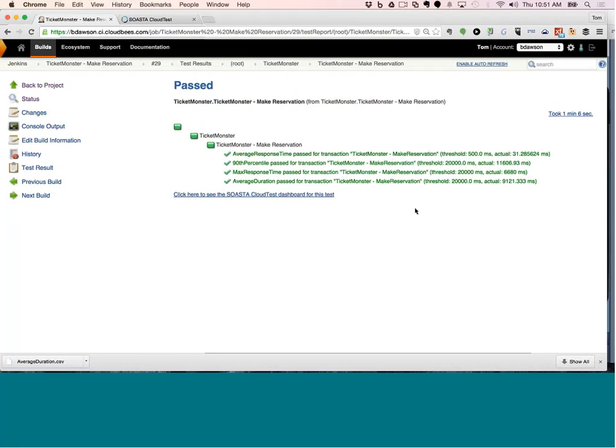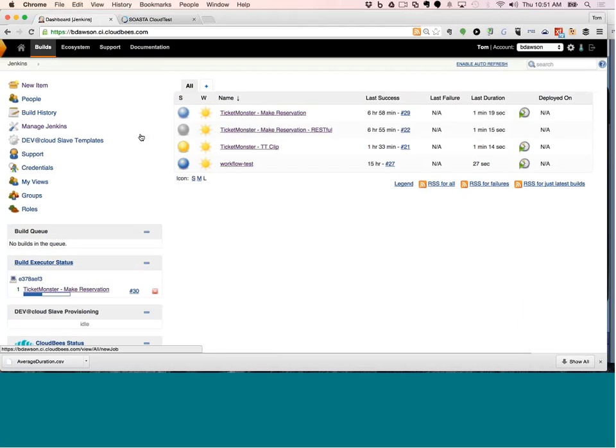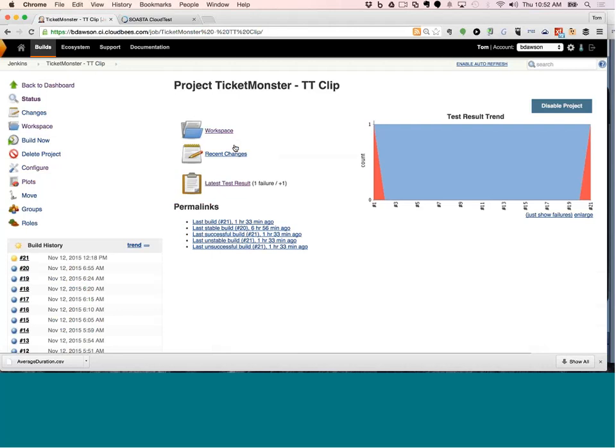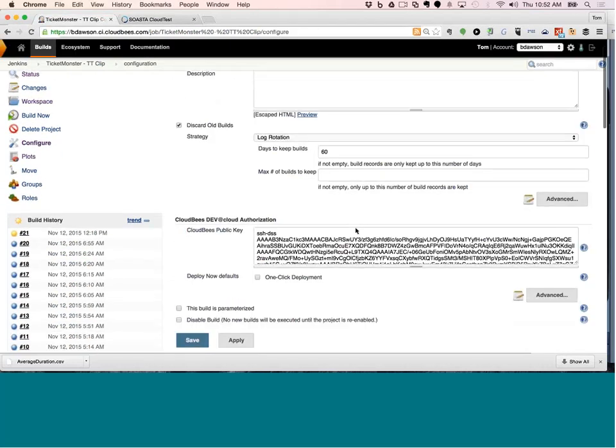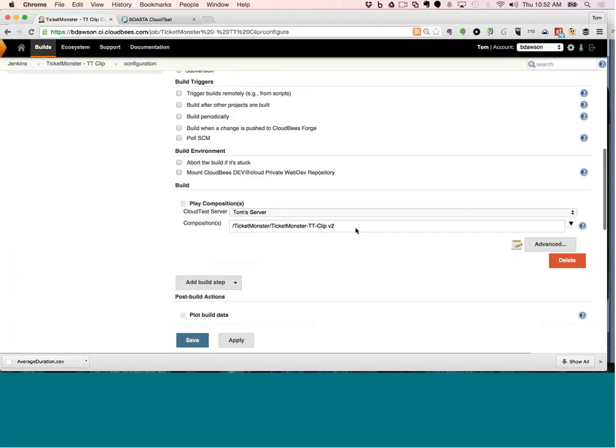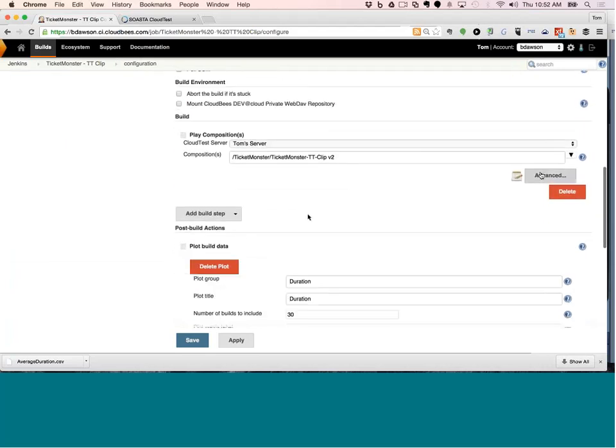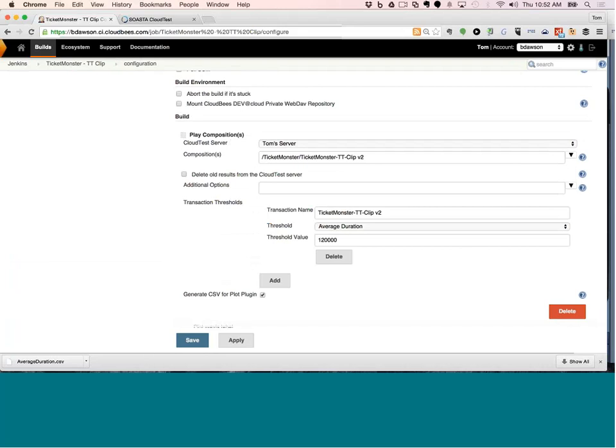All of the results here were within the thresholds that I had set in the job, and that's great. So that lets us know, hey, this is great. We can move it on to deployment. Maybe that's going to be completely automated, or maybe there might be a manual check just to see before we send it back. If I go back to the dashboard to see, the job is still running. Similar for running a functional test in TouchTest. It's very easy to set up a job here too. You just configure it. We have the plugin for CloudTest also, which runs TouchTest. And here I don't have any deep data to come back, because this is a functional test.